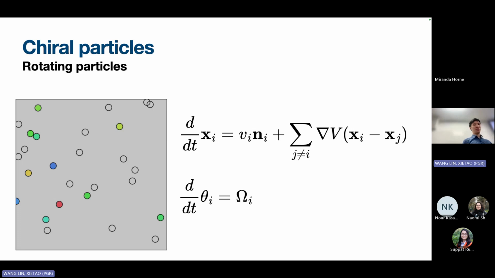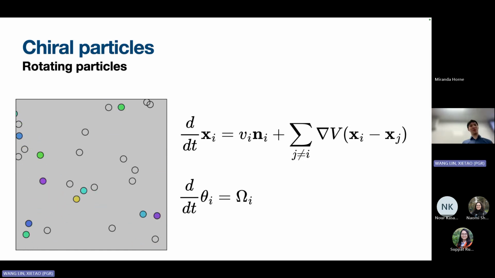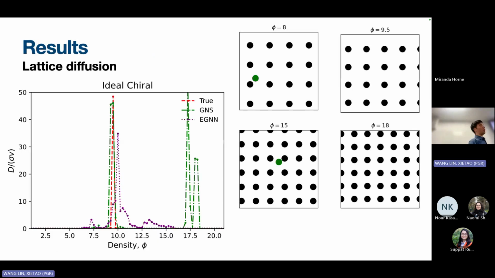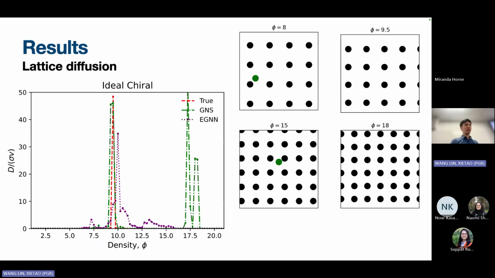Moving on, we have a few other examples. One of them is these active particles, except now we put a few obstacles. So we remove the alignment term and the particles just rotate. And now we have a few particles that don't move, but they are still repelling the other particles. And what we can do with this is place one of the active particles in a lattice of obstacles.